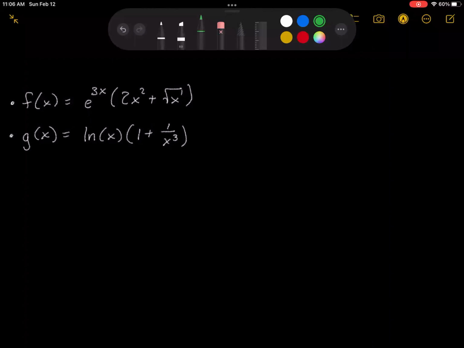Let's differentiate two functions which require the use of a product rule. Let's remind ourselves of what the product rule is. If you want to differentiate a function of x times another function of x with respect to x, right? So if you have a product of two things that both depend on the variable of interest that you want